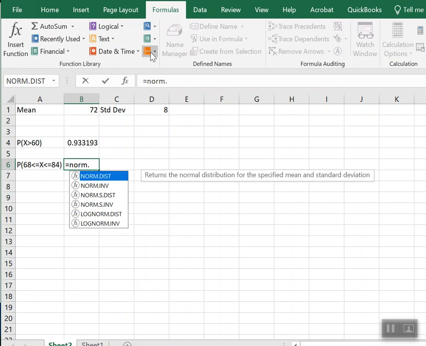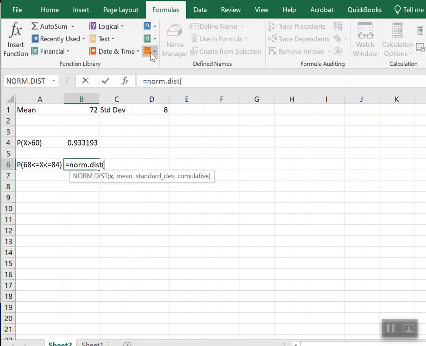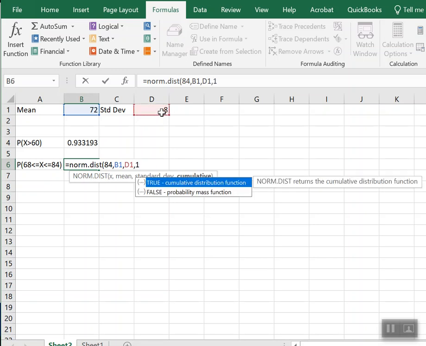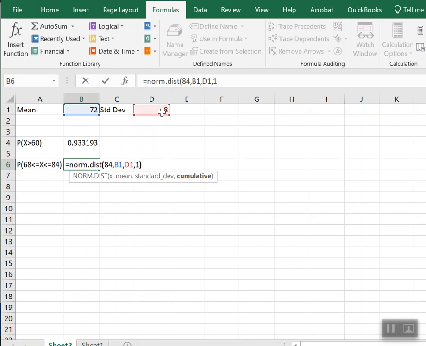So equal norm.dist. And notice how it gives me a clue here. I want to calculate the value of 84 to the left, where my mean is 72. I'm going to go ahead and use my cell reference there. My standard deviation is 8, and then I definitely want it cumulative, so I'm going to put a 1. Close my parentheses. Now I'm going to subtract